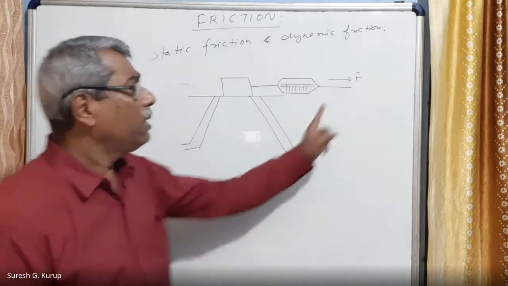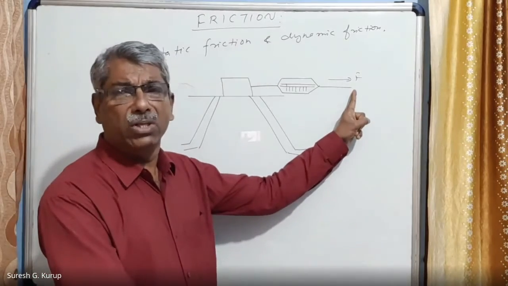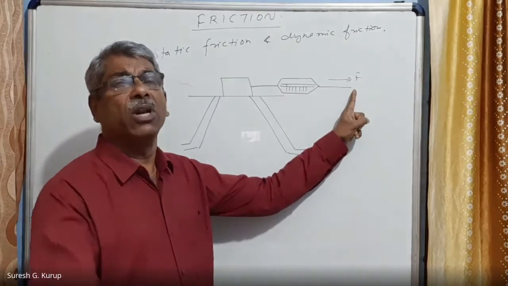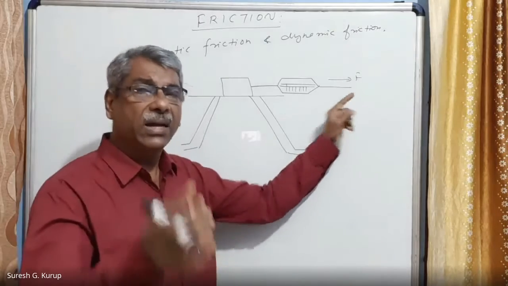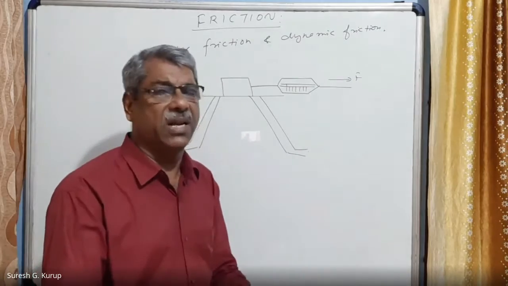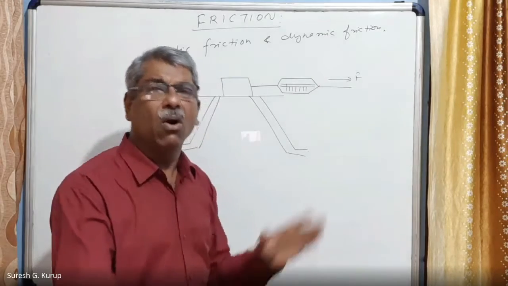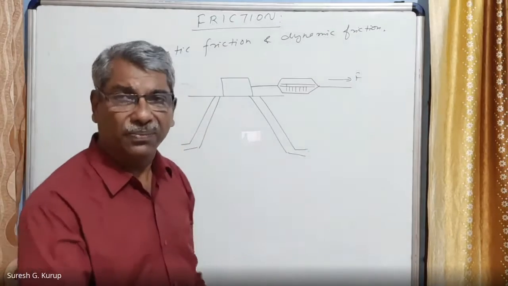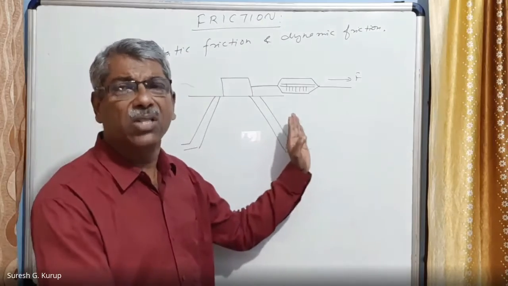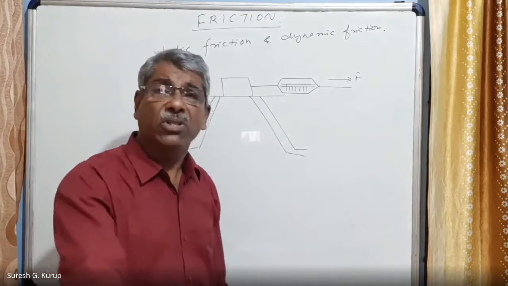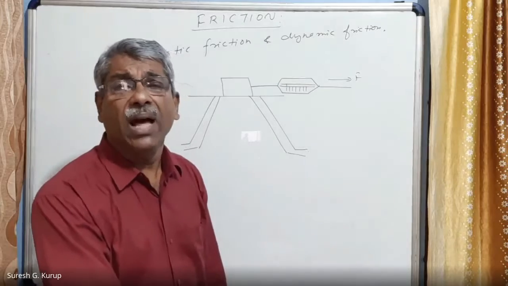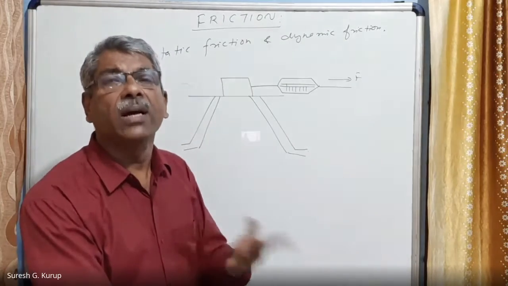Right? Now at a particular stage, we can judge that the frictional force becomes very high. At a stage, we can judge that by increasing the pulling force by a little bit, the body will move. When this body starts moving, then also a frictional force is acting on the body. That frictional force is what is called kinetic friction.